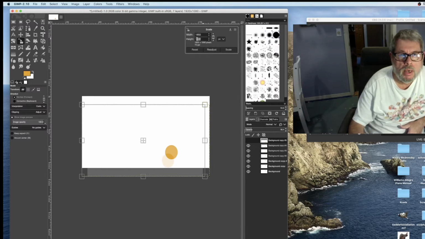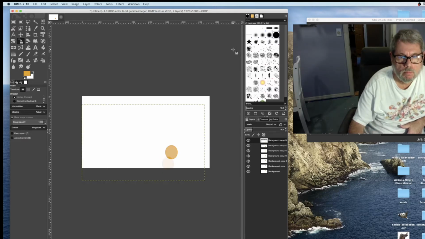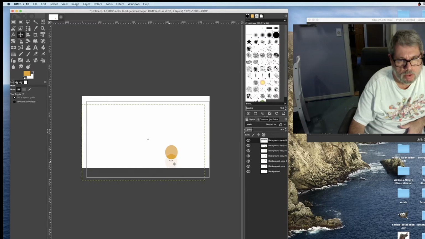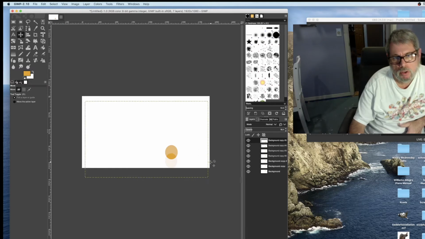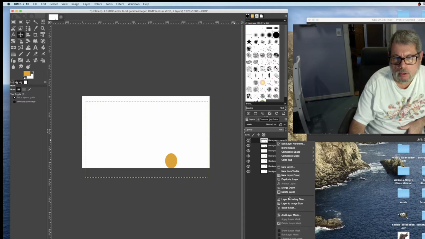And this one we had at 1140. We're going to make it 1150. And you see it's even longer and narrower. I'm going to use my move tool to bring it back to where it's hitting the ground. Now remember, it's accelerating, but it's hitting the ground at this point, so it's going to start slowing down a little bit. So now, let's bring it back to full opacity, and I'm going to, again, set the layer to